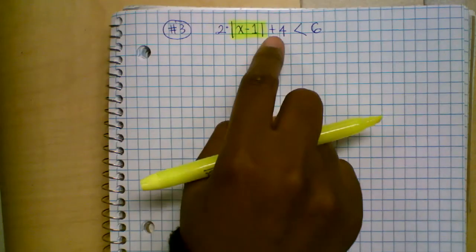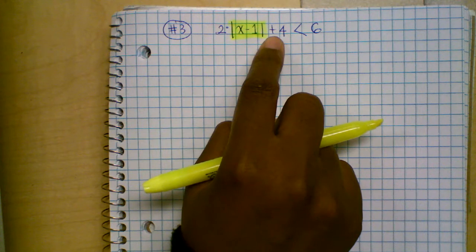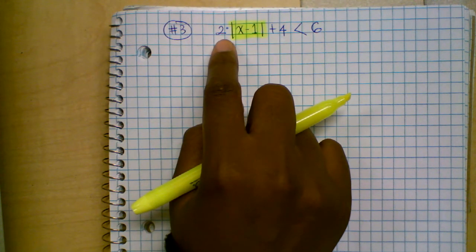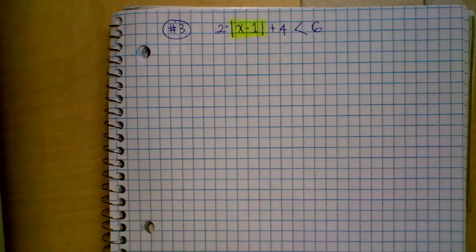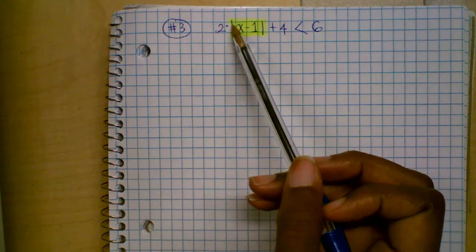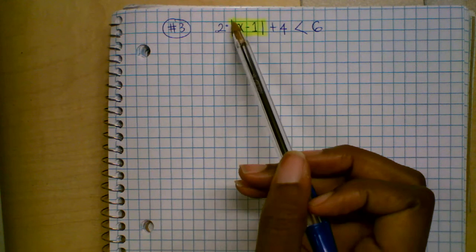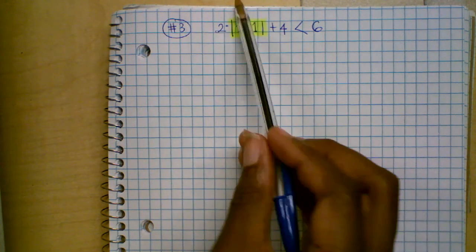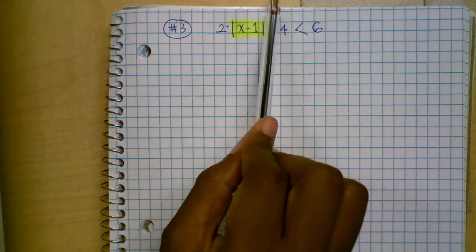You're going to undo the positive 4 by subtracting 4 on both sides. And then you want to divide by 2 to undo multiplication by 2. Alert, alert, alert. We do not want to distribute the 2. This is not a parenthesis. The absolute value is not a parenthesis. You cannot do anything with it, that's why the only thing you can do is to